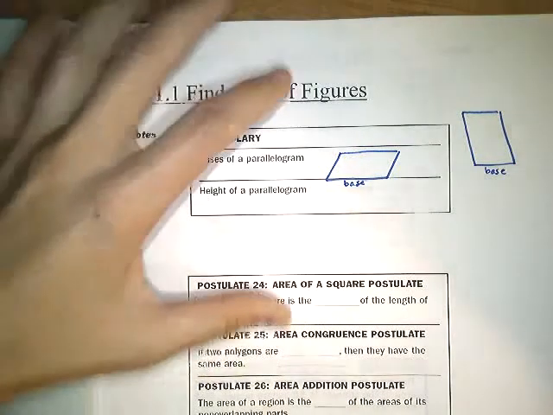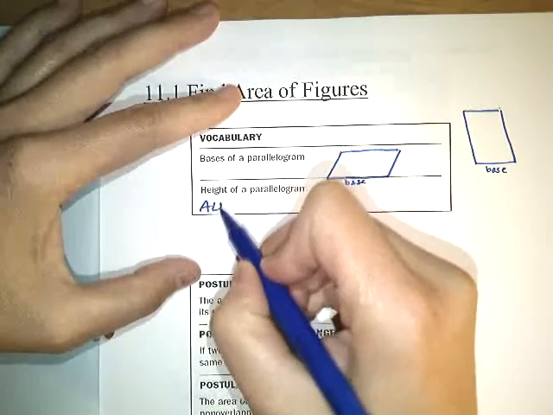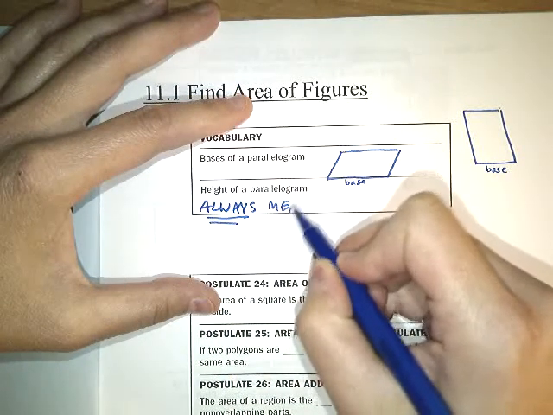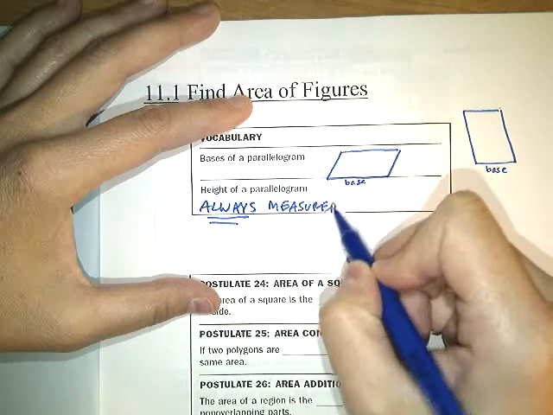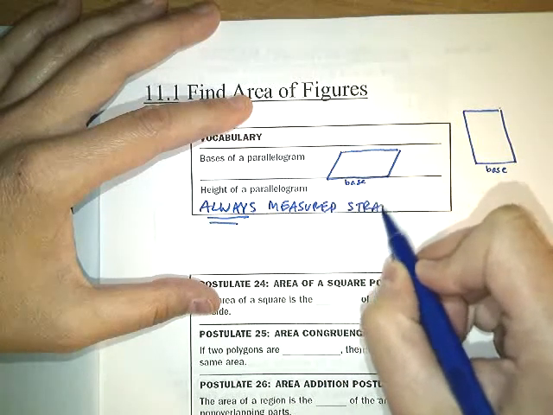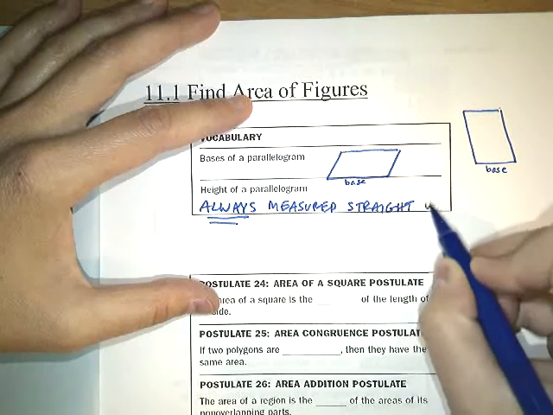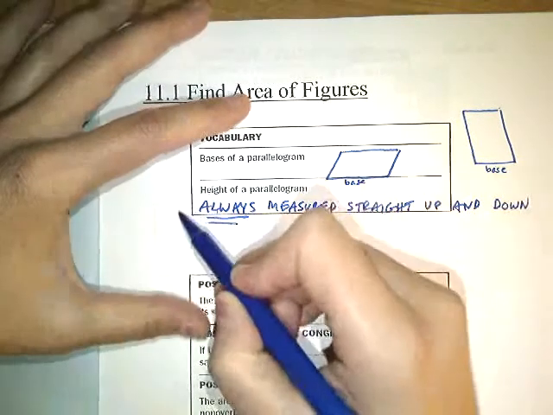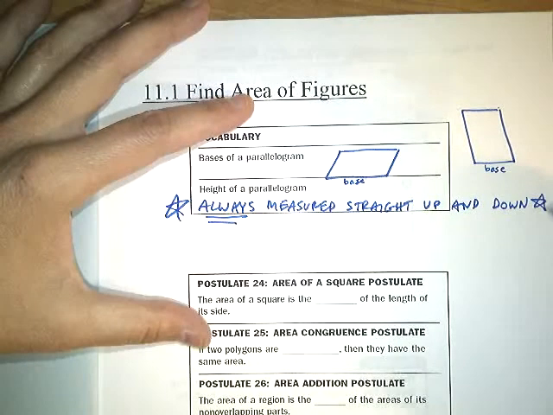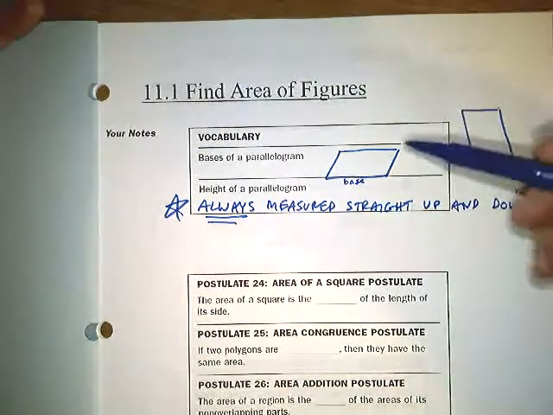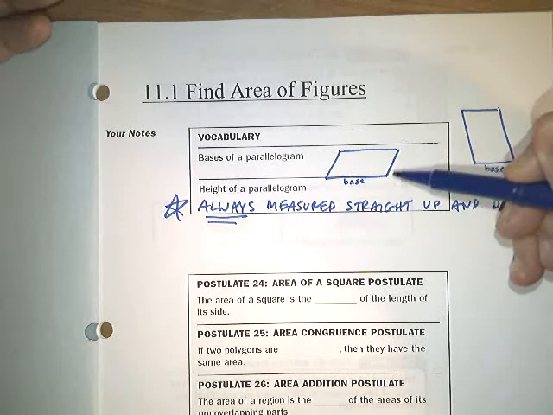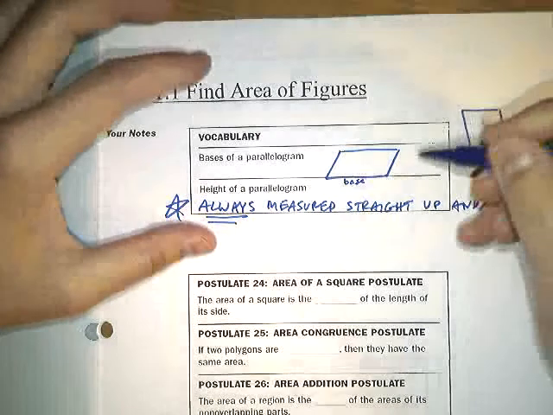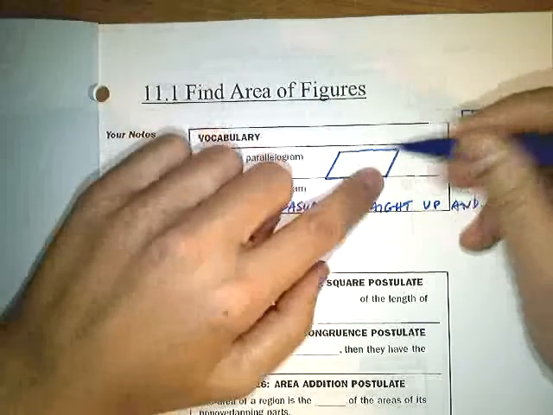Now, the height. The height is always measured, this is very important, always measured straight up and down. Very, very important. So, you cannot measure the height of this object if you measure this way. Do you see how I'm measuring not straight up and down, but diagonally? That's not the height. The height of this would be from the highest point, which would be somewhere on the